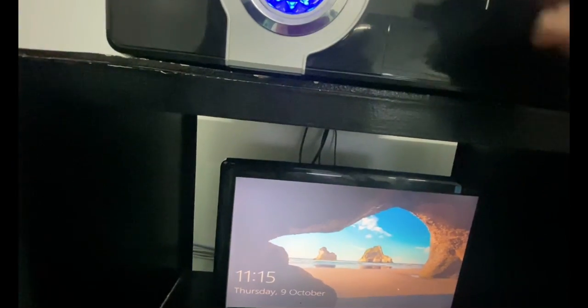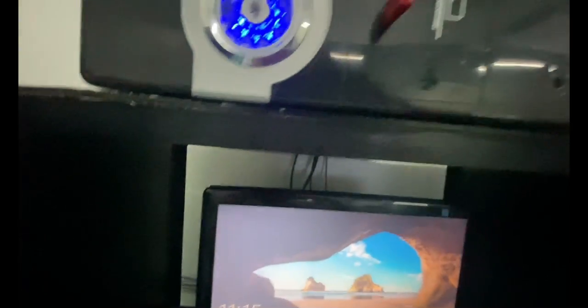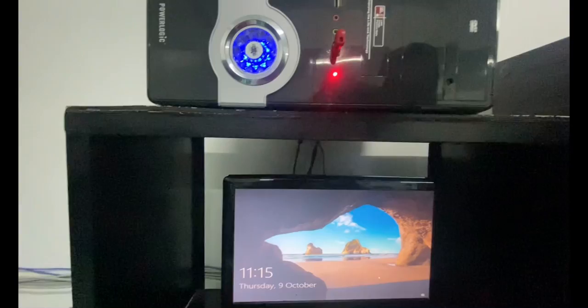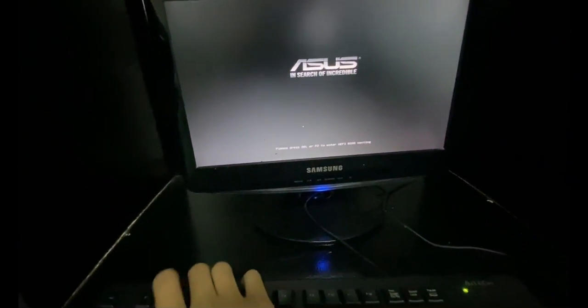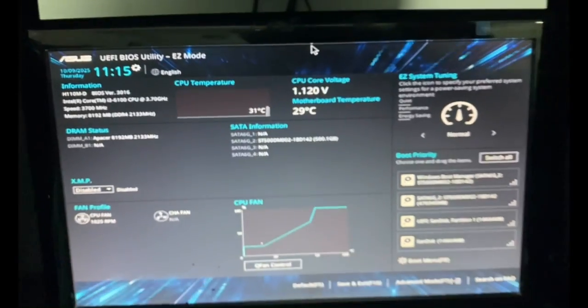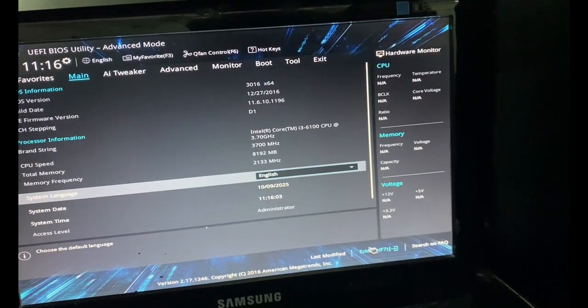Installing Windows 10. Let's start installing Windows 10. Insert your USB flash drive into the system unit, the PC or laptop where you want to install Windows. Next, press the reset button and repeatedly press F2 to open the BIOS setup. Once in, switch to advanced mode by pressing F7